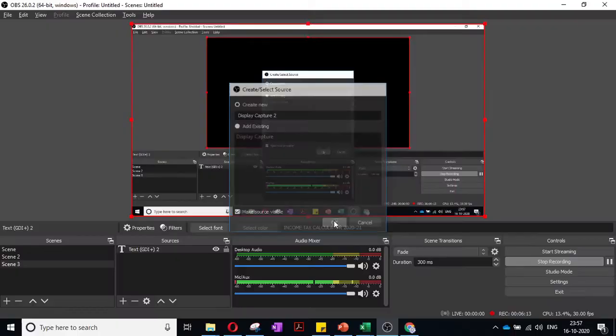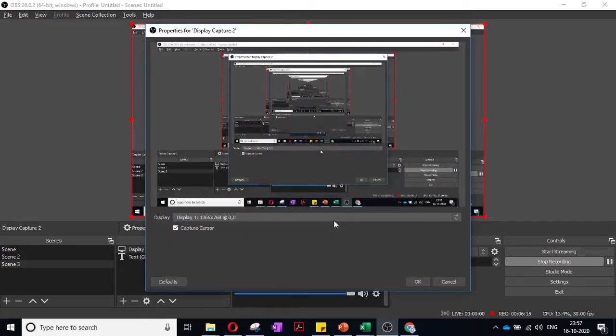So next I will put a display capture. It is showing the screen display capture. Display capture means whatever is on my desktop, it will show. Display capture 2. Okay, this is my desktop, what is running. I will click OK.